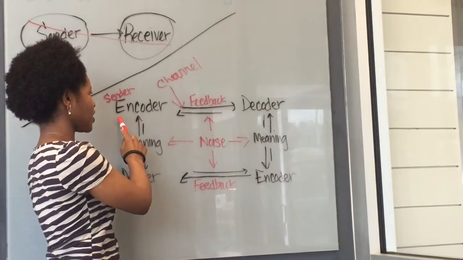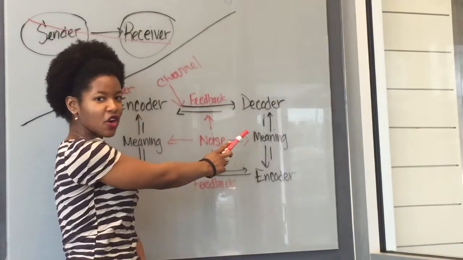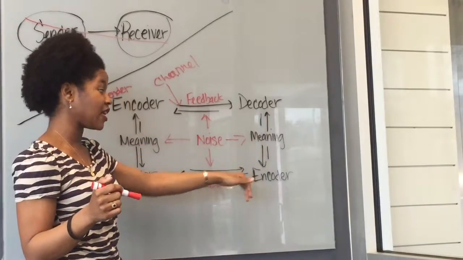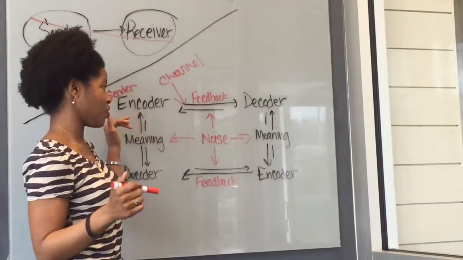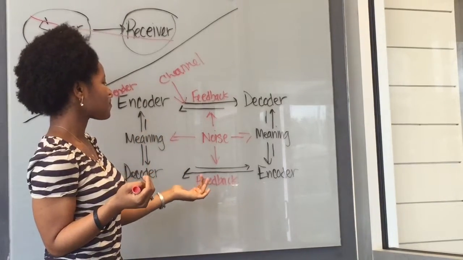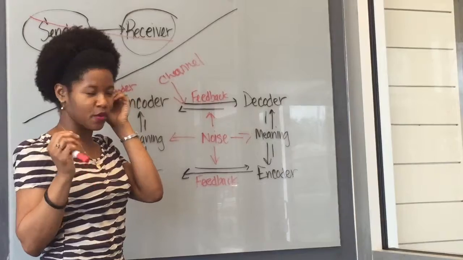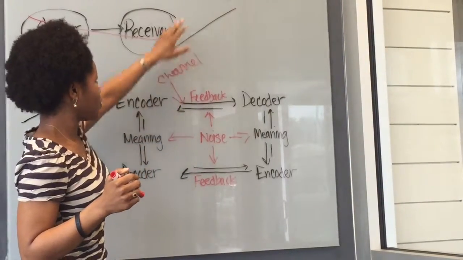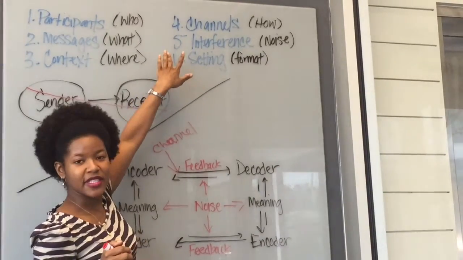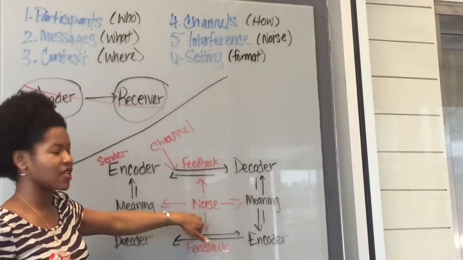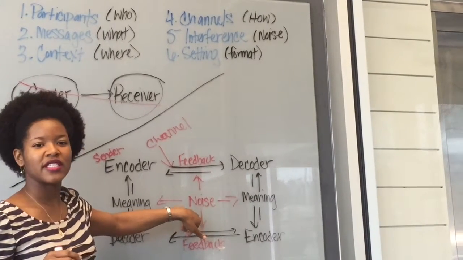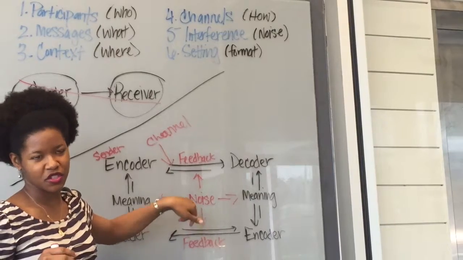So it's very important that you understand the sender sends, but a decoder is not a sitting duck. A decoder is actively sending messages back to the encoder, which means a decoder is also an encoder, right? Again, we'll talk more about that in verbals and nonverbals. But the new part of this that we didn't discuss before is interference and settings, okay? Interference is best thought of as noise. Noise is in every single conversation that you have.